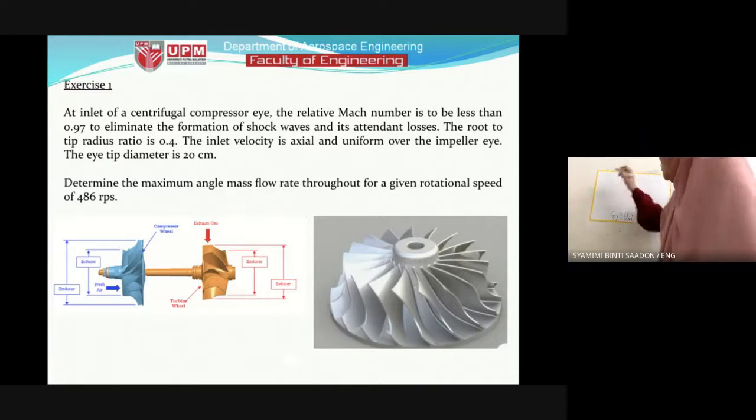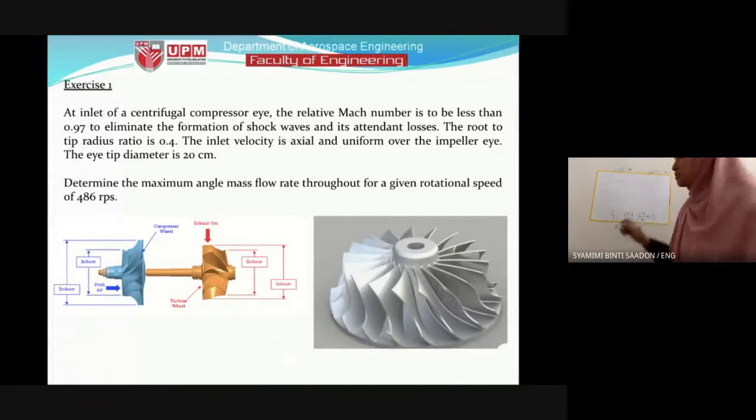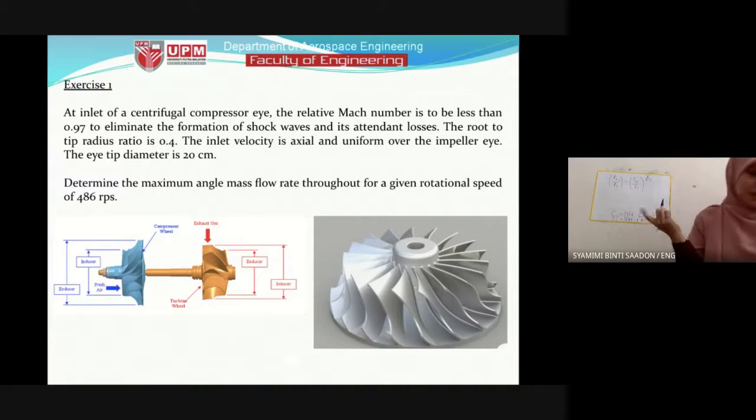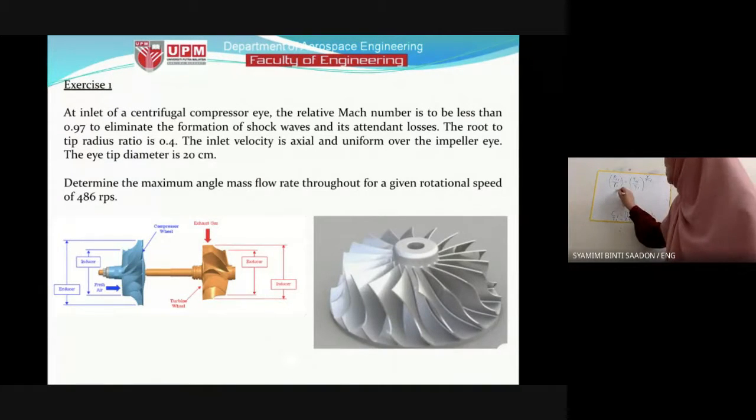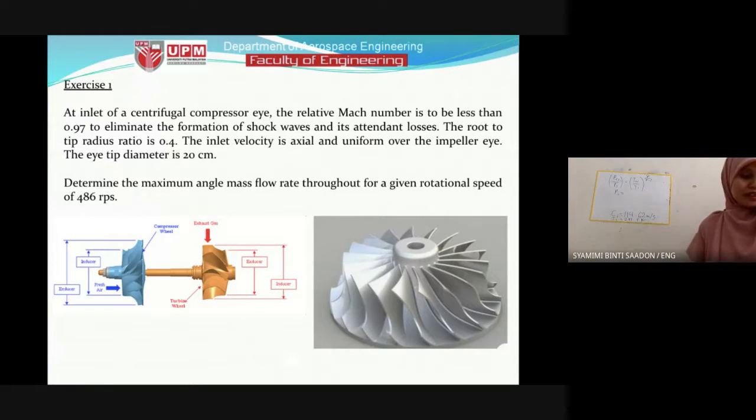Okay, so we use this one to calculate the pressure next. We use P01 over P1 equals T01 over T1 to the power of gamma over gamma minus 1, the ideal gas relation. P total is given just now, 1 bar, around 101.3 kilopascal. So we can calculate P1, the static pressure. Okay, static pressure 93.5